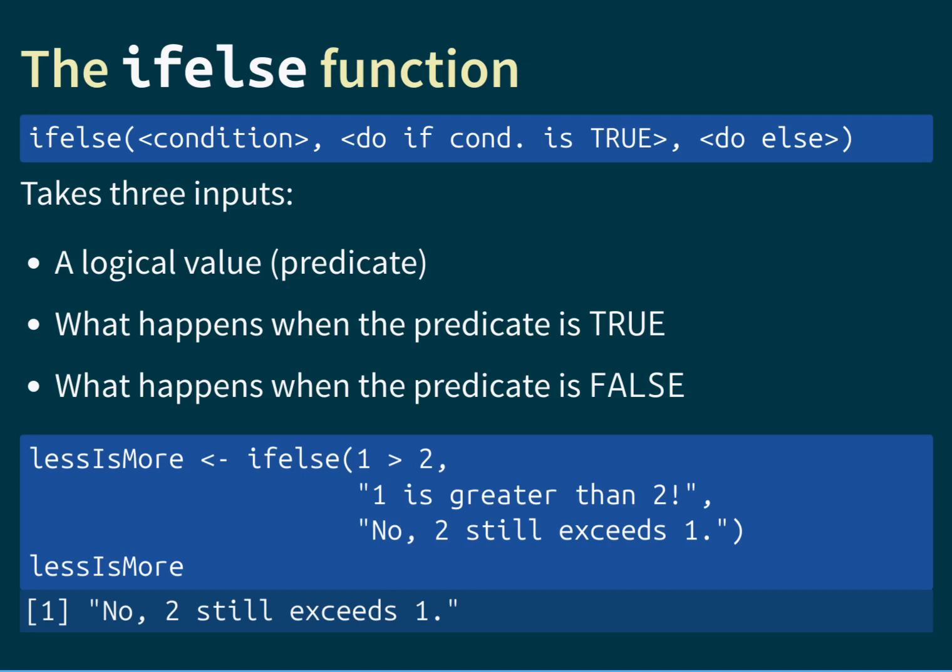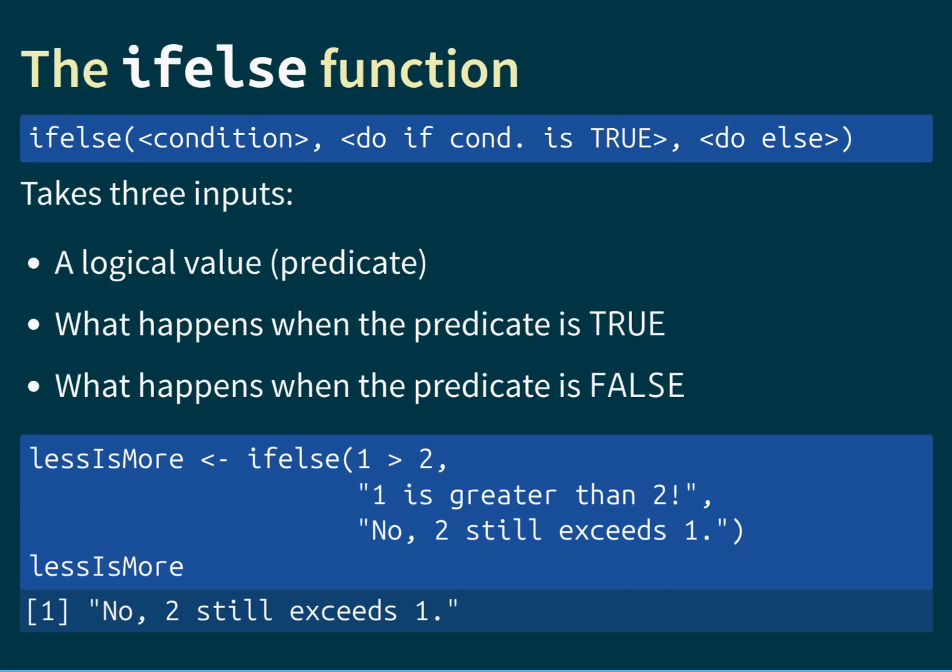The second argument is what should be returned if that condition happens to be true. In that case, we should return the character string "1 is greater than 2!" Whereas, if that condition turns out to be false, then let's return the character string "no, 2 still exceeds 1." Now, since in this case it happens to be the case that 1 is actually less than 2,